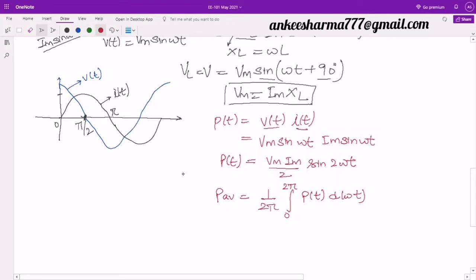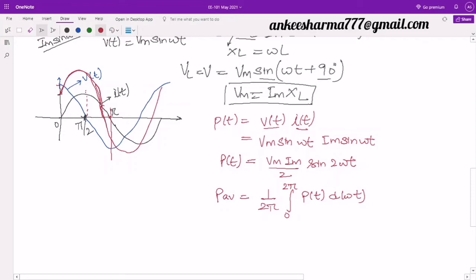Now if I look at this part which is up to pi by 2, here it will be zero, here negative, somewhere in the middle this value becomes zero, so it will be zero over here, it changes a bit like this, then negative, and after that again positive, like this. This red color one is not exact, but I have tried to make it as precise as I could.